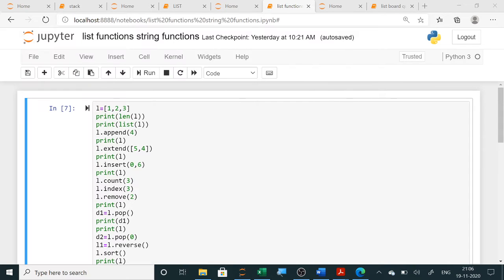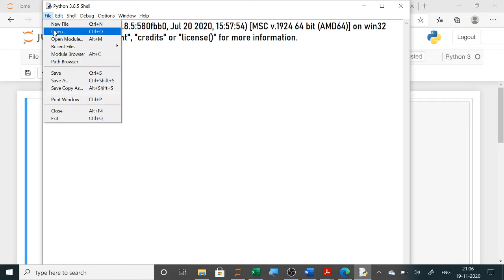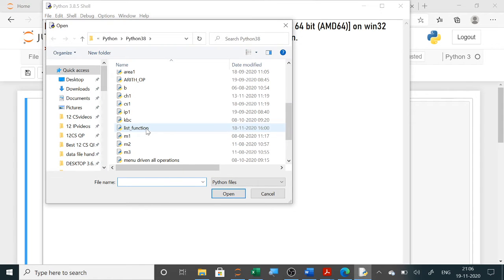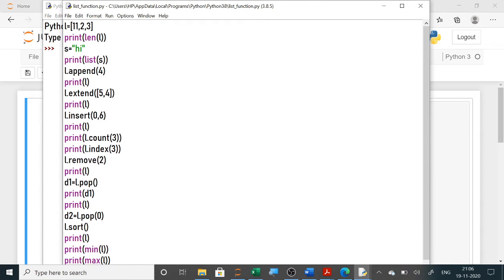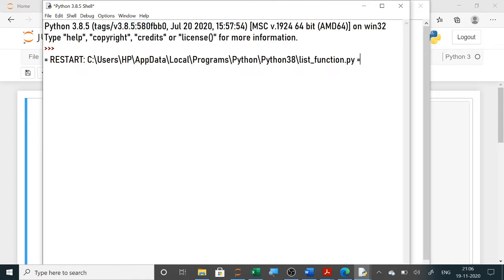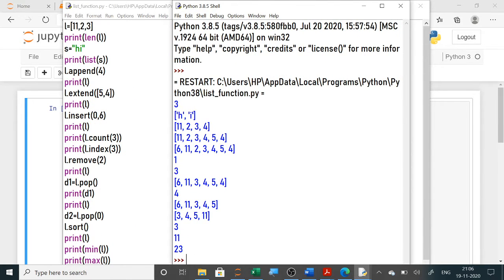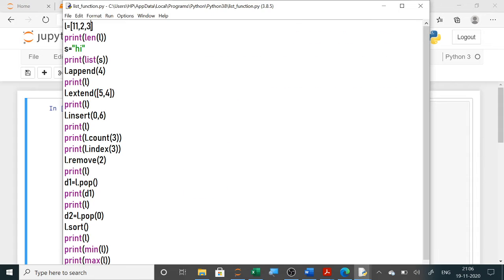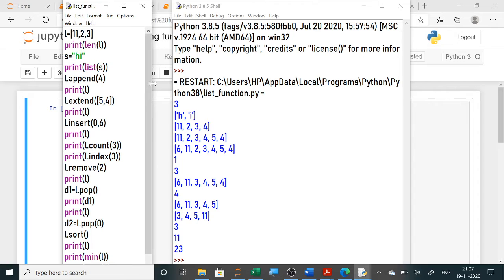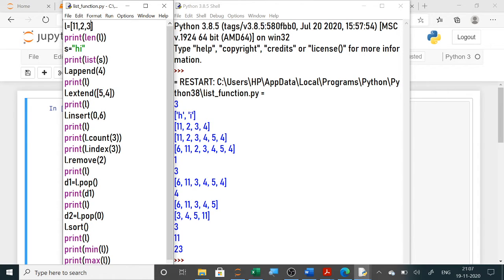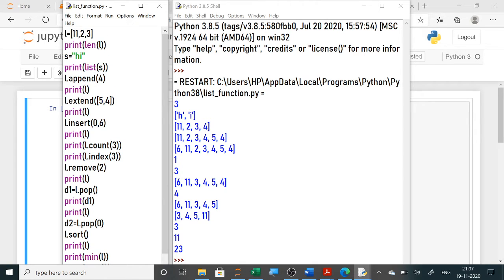I have already created it, and I will show you all the outputs here. The list functions are written here, all the lists are given and the output you can also see here. These are the outputs, so let us see one by one how it is getting executed. The first one: L is having 3 values. Any value you can write here. Suppose a 4th value also you can insert here. Now len of L will return the length of the list. Here you can see 3 is displayed because 3 elements are there in the list.